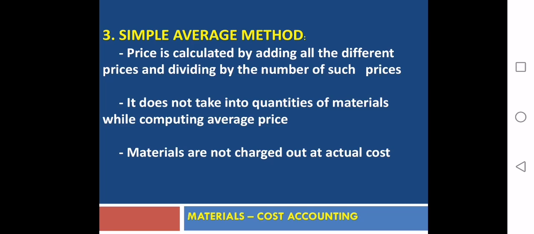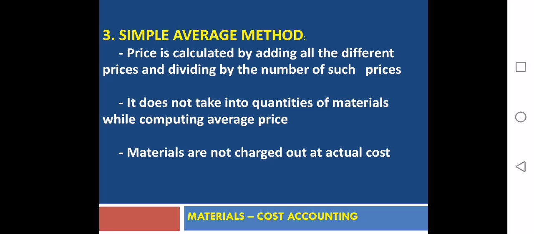Add these three, 4 plus 5, 9, 9 plus 6, 15. 15 divided by how many prices? 3 prices. 15 divided by 3 means average price is 5. So any time and every time when you are issuing materials to production department, you are neither taking 4 rupees which is first, you are not taking the 6 rupees which is last out of 1st, 2nd and 3rd January prices, but you are taking the average price of this, which is 5 rupees,